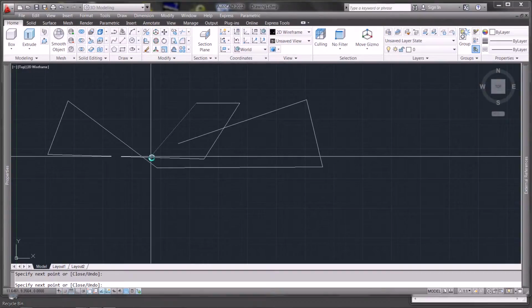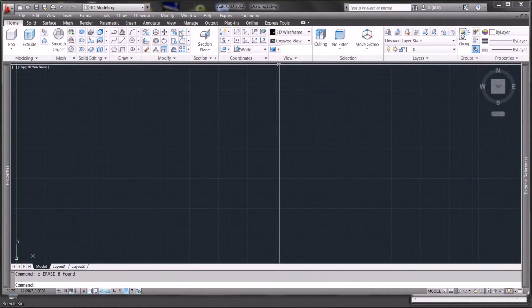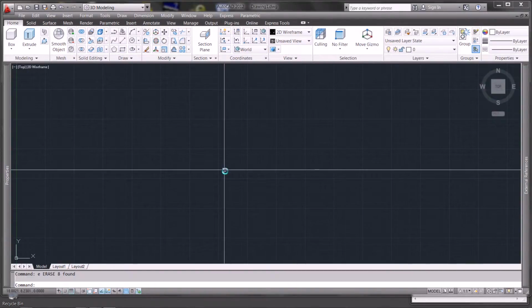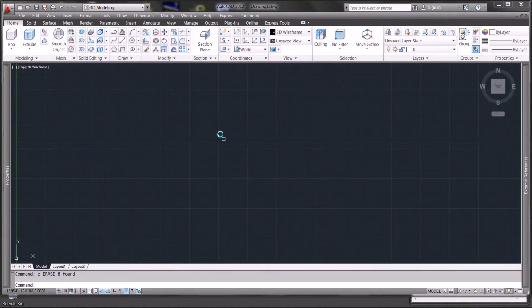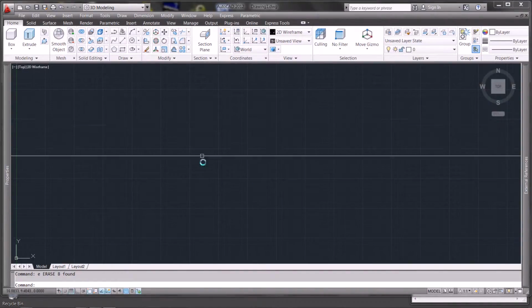So if you're pretty new to the software, you can get a little bit lost easily. So don't fret about things like that. If you're an absolute beginner,